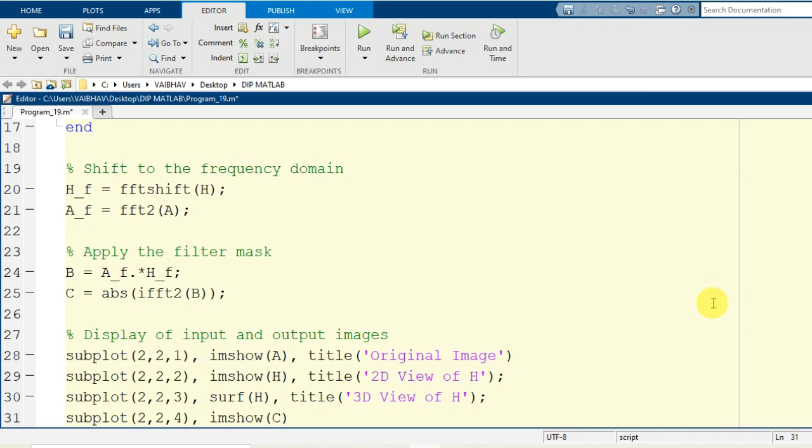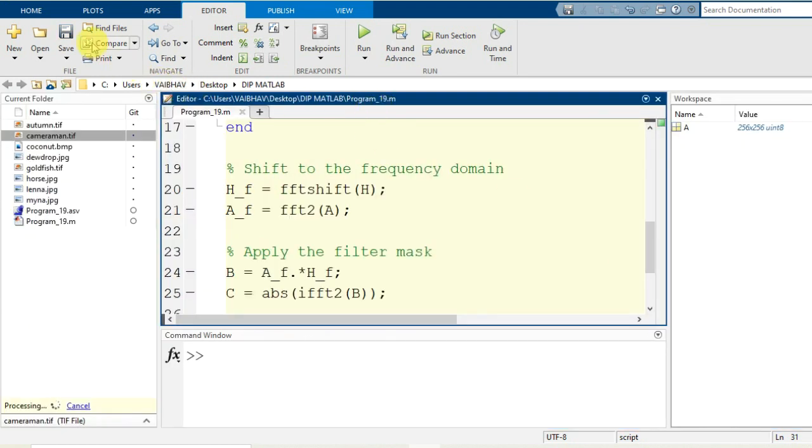So that information is held by the variable C here, as it will be in the double data type format here. We need to get it converted back to the uint8 as like that of the input image data set, and the concerned title here I provide. The title, it will be image after frequency domain low pass filtering, what I abbreviate to LPF. So I save the script, getting back to the default view. After saving the script, let us run this program.